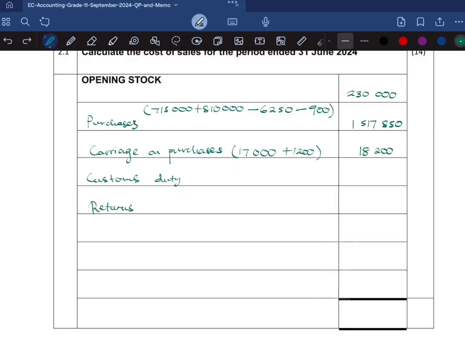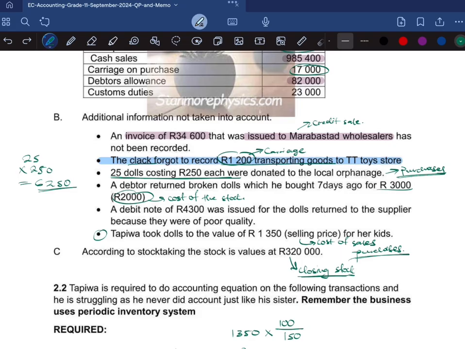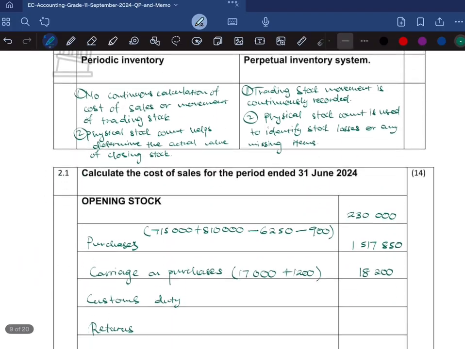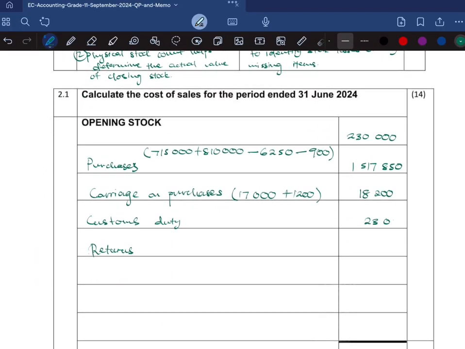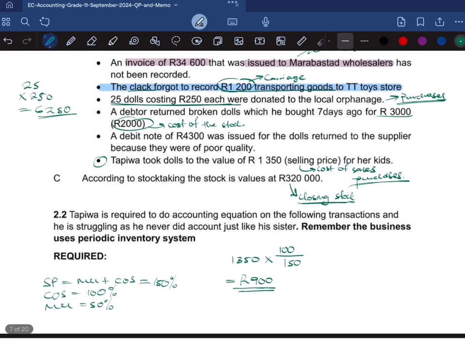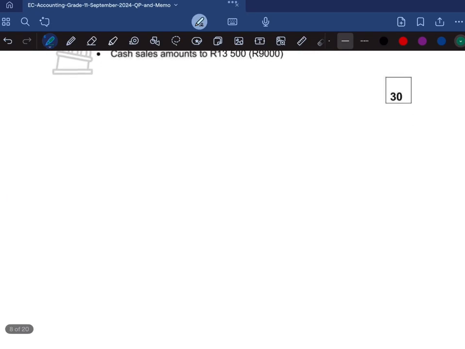subtract. Okay, so now looking at our customs duty, when we were reading, there isn't anything that affected our customs duty, so it will remain at 23,000. So that sticks at 23,000. And then returns, there was one return that wasn't taken into account, and it's this return. So the return says a debit note of 4,300 was issued for the dolls returned to the supplier, right? Because they were of poor quality. So that's 4,300 worth of returns,